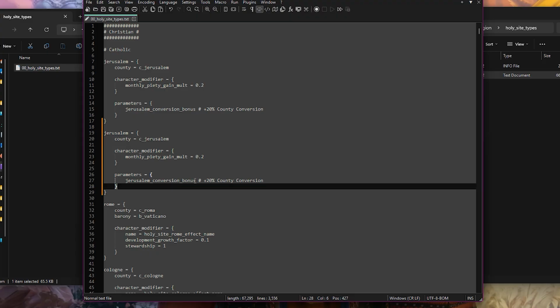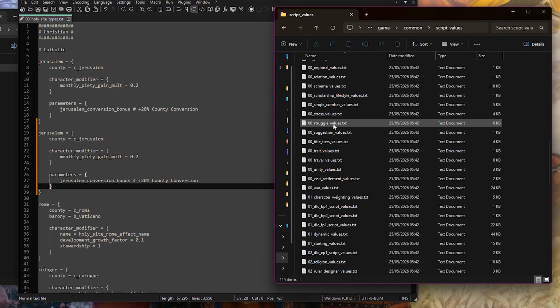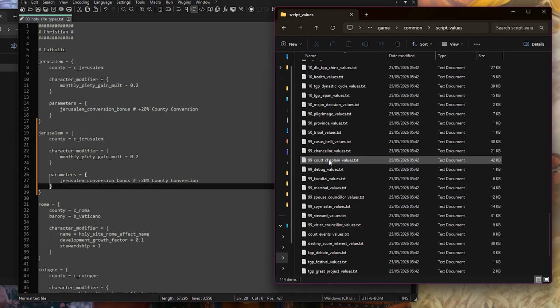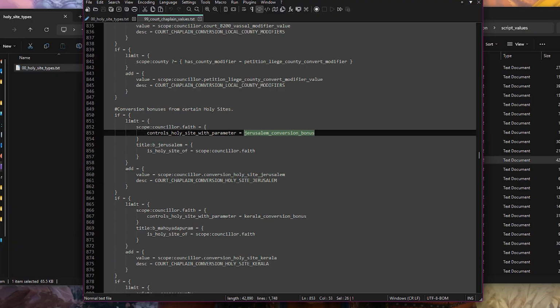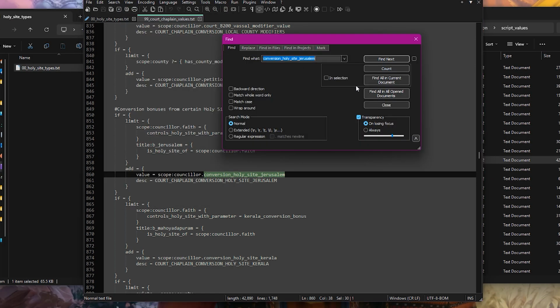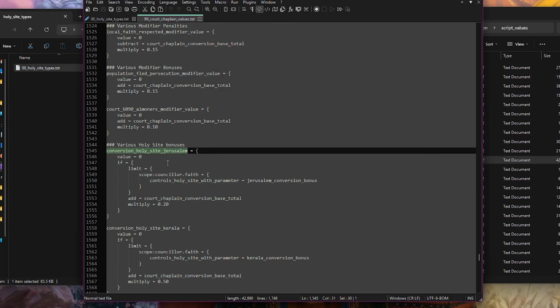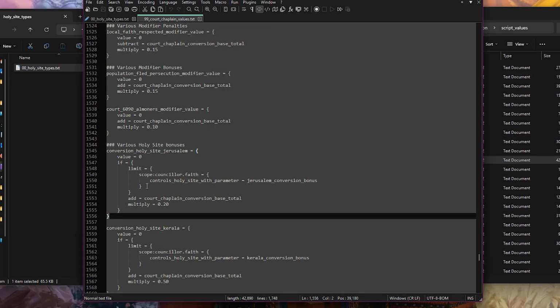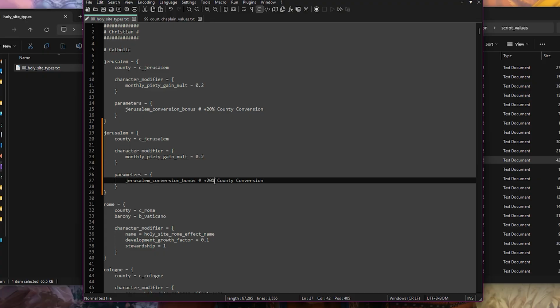For the parameters, like you will see Jerusalem conversion bonus. Basically that's a flag to the file in script values. So I believe it is in called chaplain values. You'll find it in this file here, and this will point to 2 parts. So you'll see it adds this value here to your counselor, which will be a little further down, I believe. So if I just search for this, and then you'll see within the same file, you have this part here. So this is where it actually applies the effect. You can see that here, the multiplier, which is 0.20, which if we go back to here is your 20%